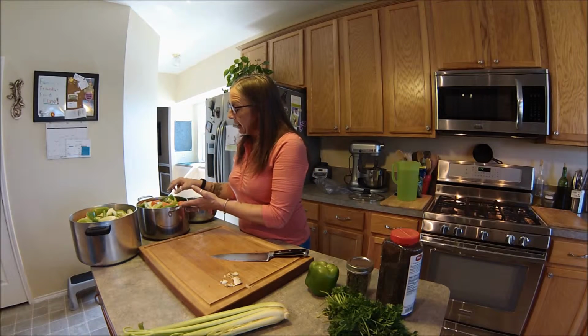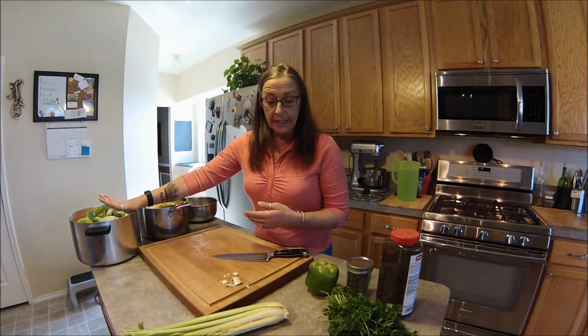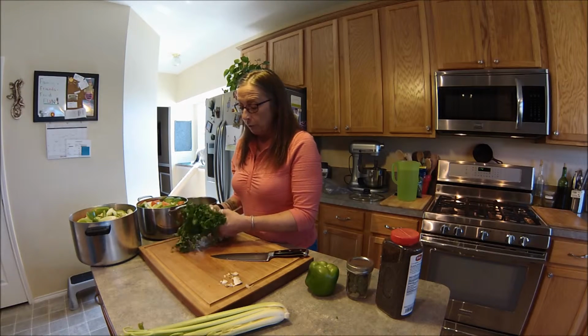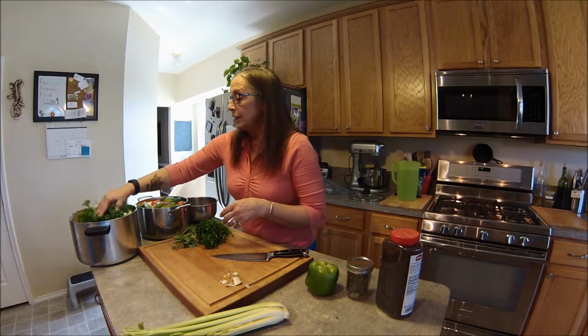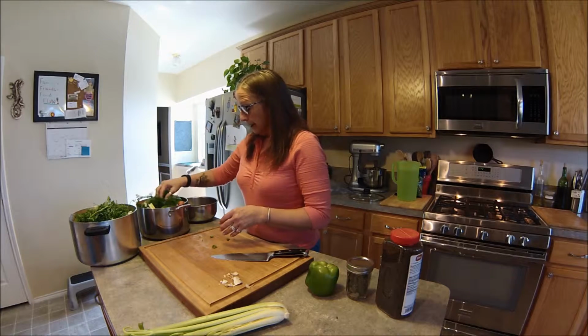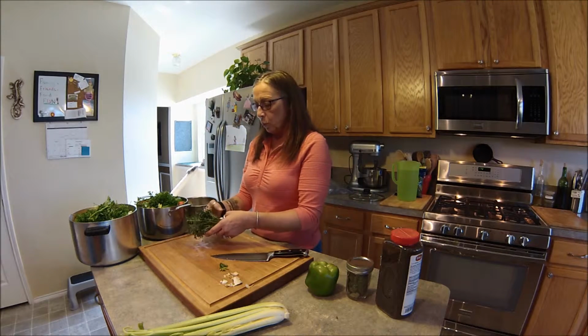So we've loaded this down now. We've got the beef in here, onions, garlic, carrots, celery, bell pepper. This is all our veggies plus my freezer bag. Herbs are always a way to get more flavor into things. I grow a lot of herbs in my backyard, so I try to work them in any chance I get. And this looks like it's gonna just overflow, but everything cooks down and the flavors get intensified, really, really